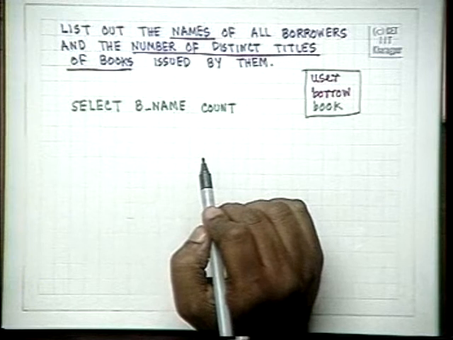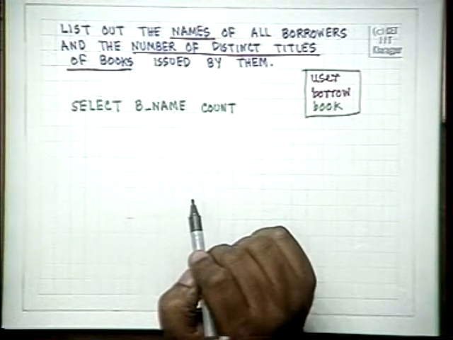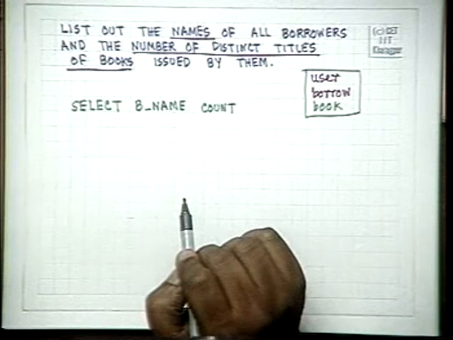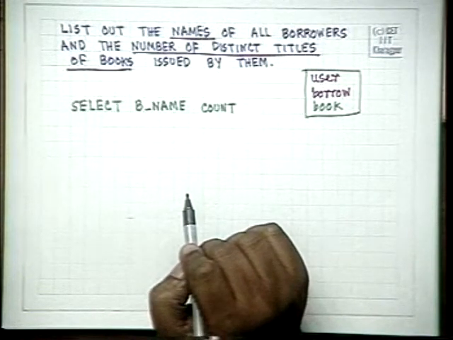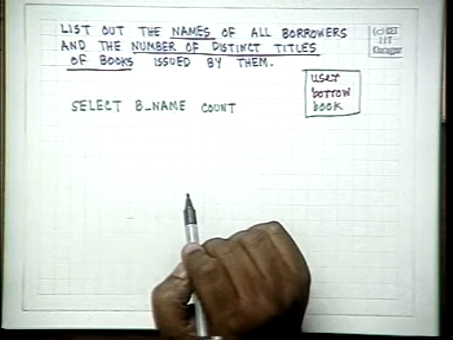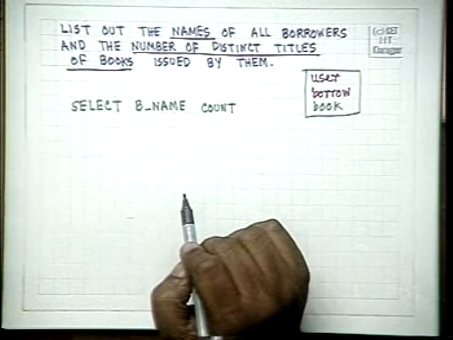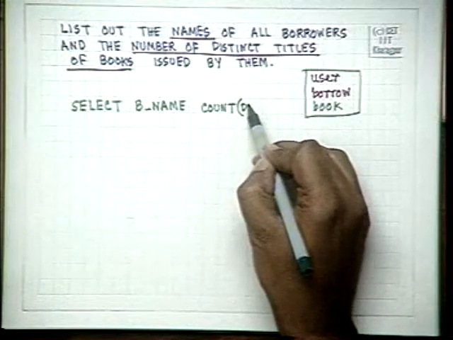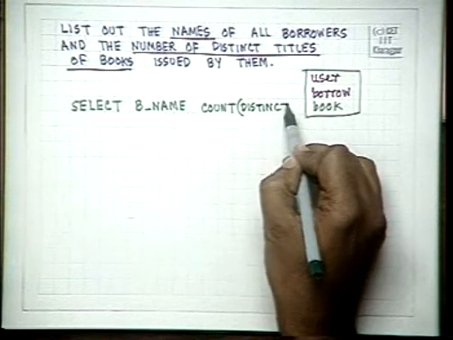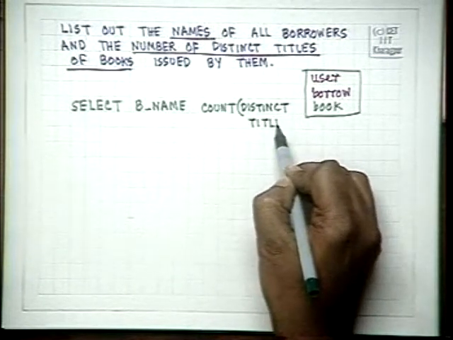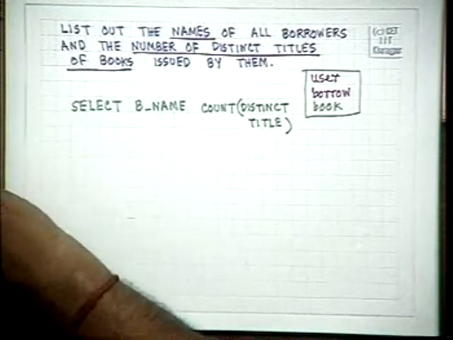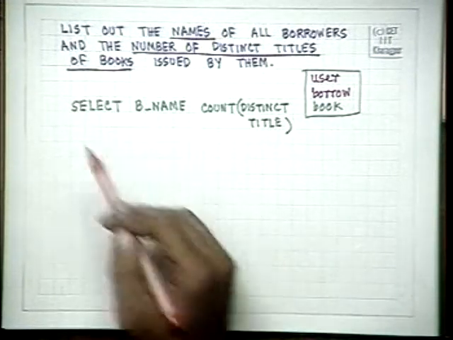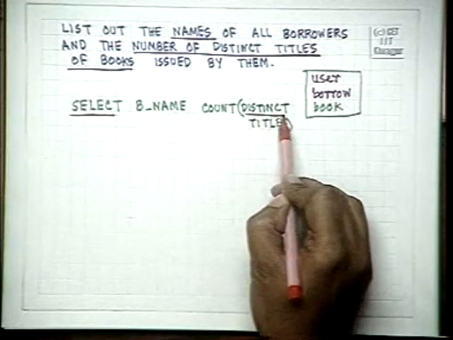Now if a person has issued the same book twice, do we want that? We don't want that. We do not want it if he has issued compiler design twice, once for himself and once for somebody in another department who wanted the book, or one for his friend. We just want to know how many different types of books he is issuing. So we will write distinct title. This is the example which you were looking for, where you select borrower's name and count only the distinct titles